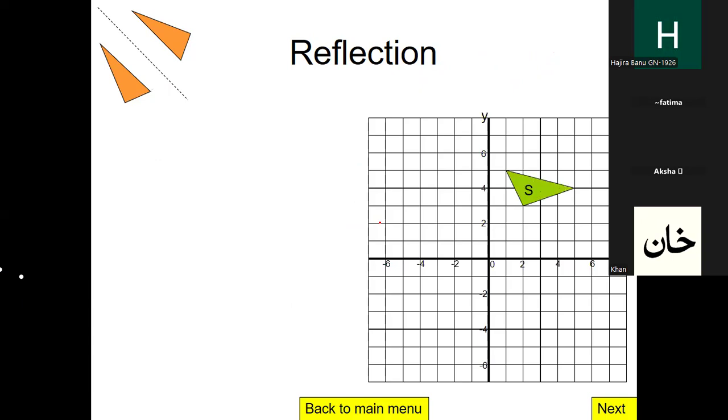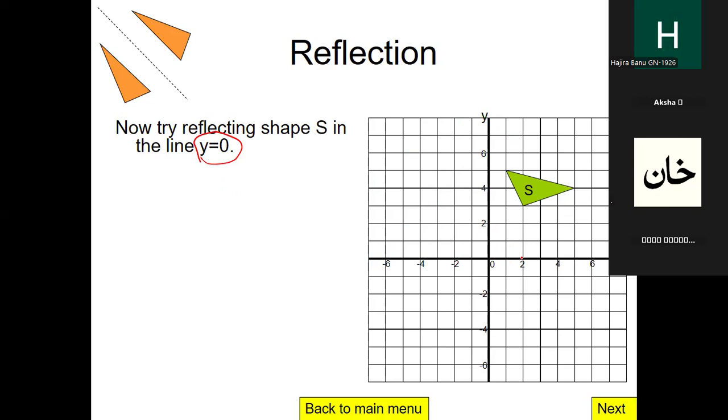And what we have to do is, when I explain with the animation, that will be better. So this is the shape. We have to reflect this shape in the line y equal to 0. Here the very important thing for you people is to identify the mirror line properly in the graph. So here the mirror line is y equal to 0. That means it is the place on the graph where the y value is 0. Can you identify here in this graph where y value will be 0? In this graph, where you can find y as 0?